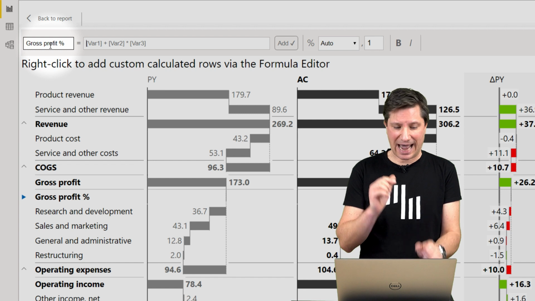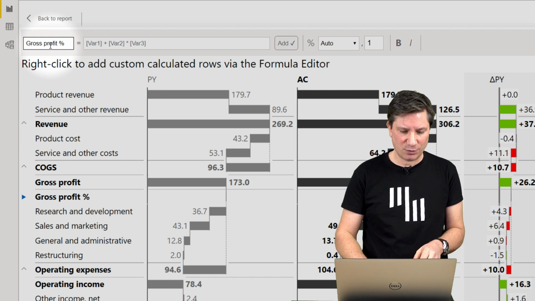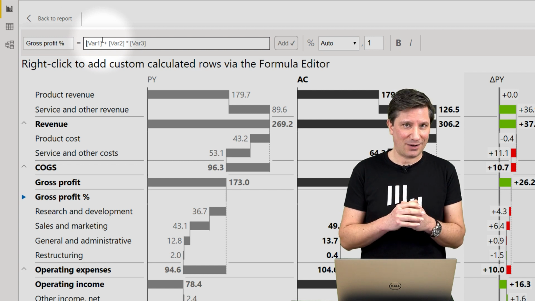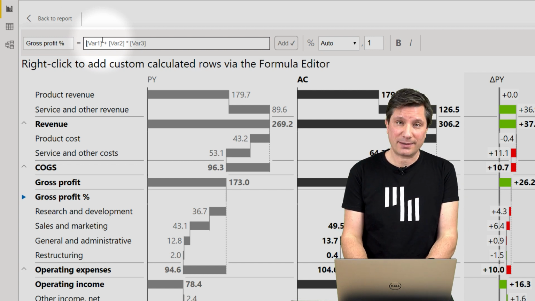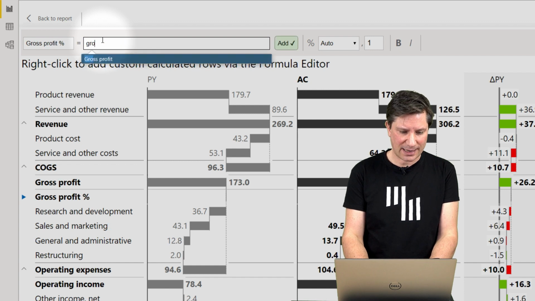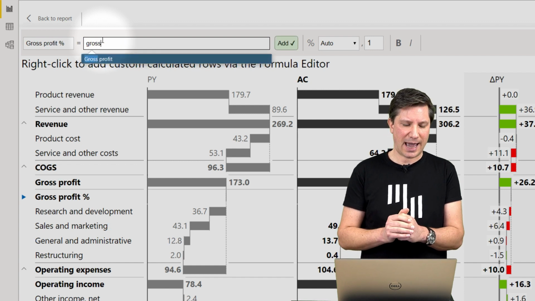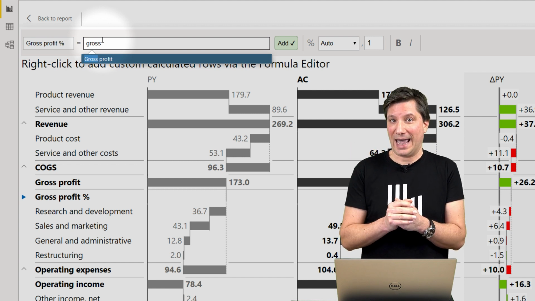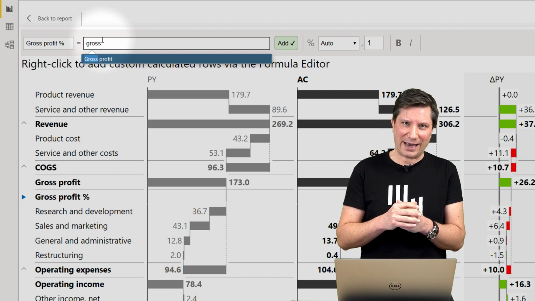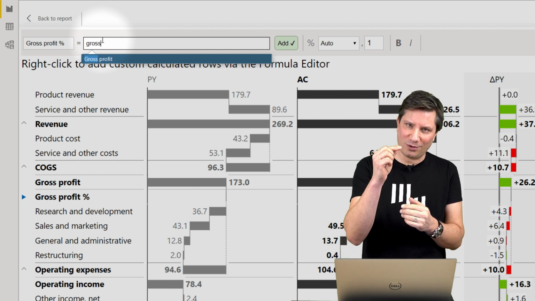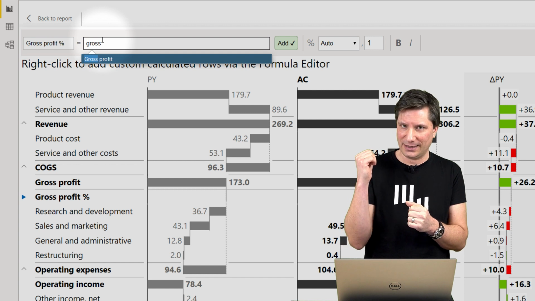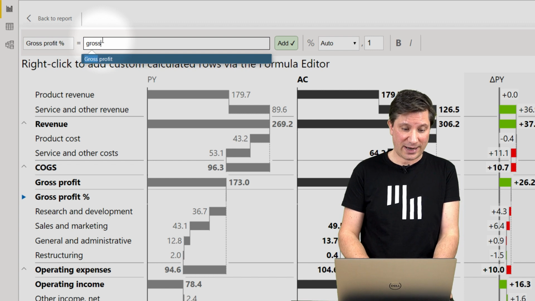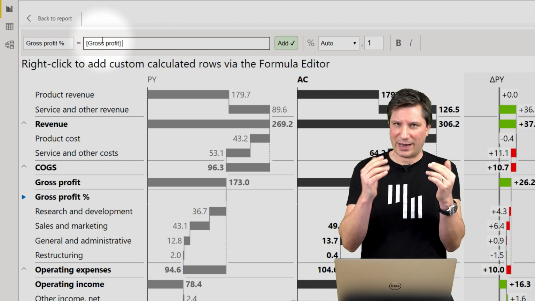You can then press Tab or simply click to move into the edit box for the formula. Now, how to enter the formula? Simply start typing, for example, gross, and now the autocomplete feature that we have developed here will search for all the elements that you already have in your data set, and will provide you the tips, so you can press Tab again to enter gross profit.